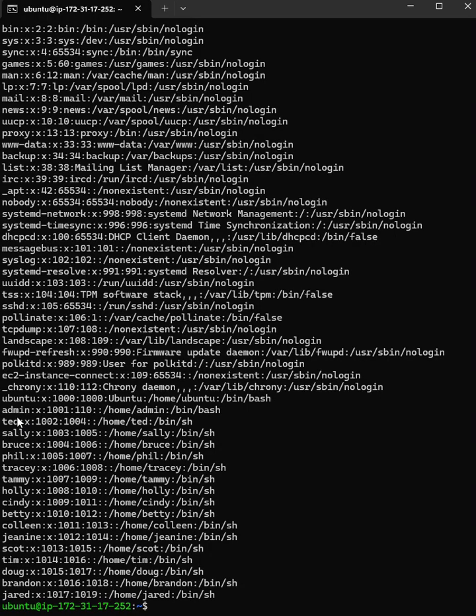You can see the admin, you can see Ted, Sally, Bruce, Phil, Tracy, Danny, Holly. I think we can see Cindy, Betty, Colin, Janine, Scott, Tim, Doug, Brandon, and Jared. Yeah, that shows the successful creation of requested users. To answer question number 3, the assignment of users to proper groups, I think we use the same